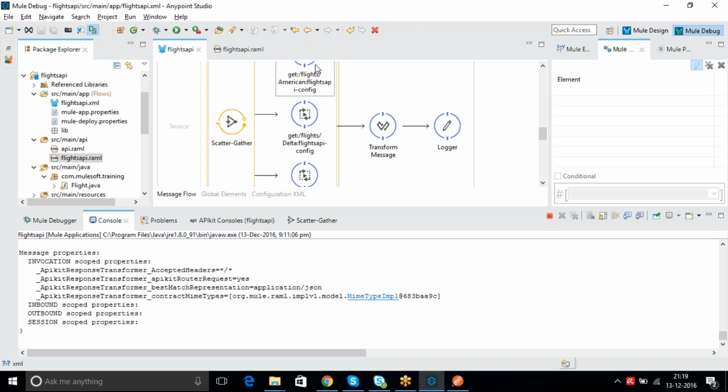So we used the flow reference component to call the existing get flights American flow, get flights Delta flow, and get flights United flow. So we got all the responses from these flows, and then we did some little modification to make it proper by doing order by and flatten the message. Okay,